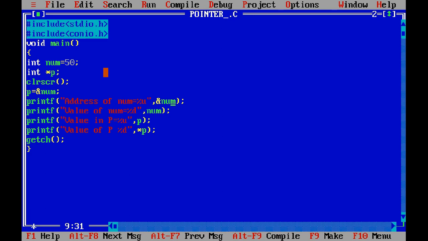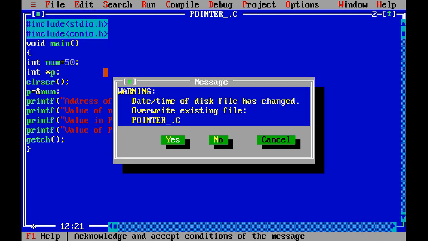So first will give us the address of num. Second will give us num, which is initialized with 50, so it should print 50. In the third statement, we should get the same address as for num, because p is initialized with the address of num, and last the value. Let's see what answer we are getting.